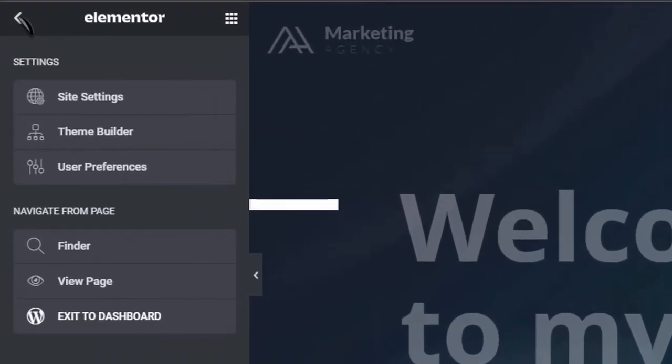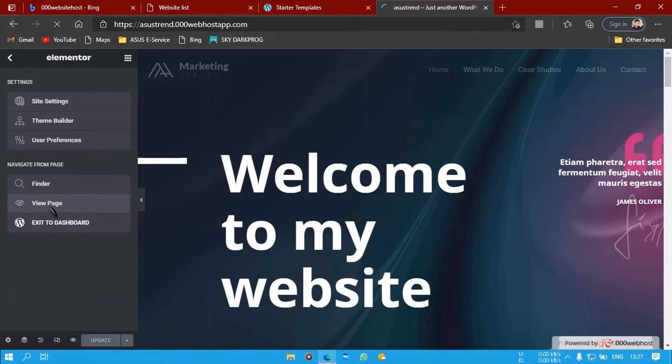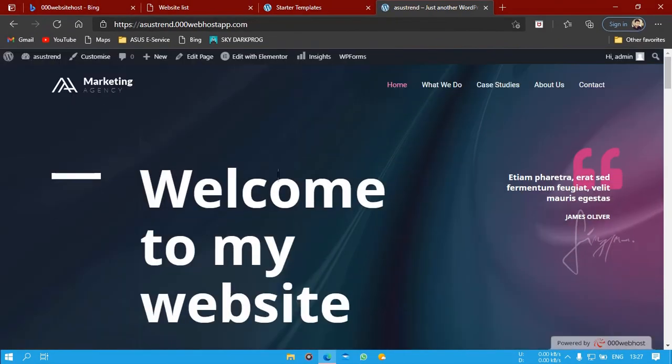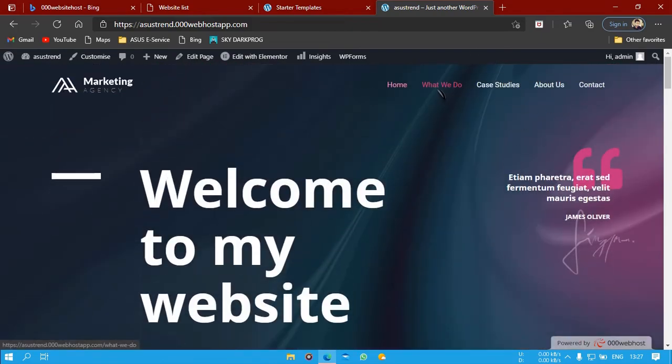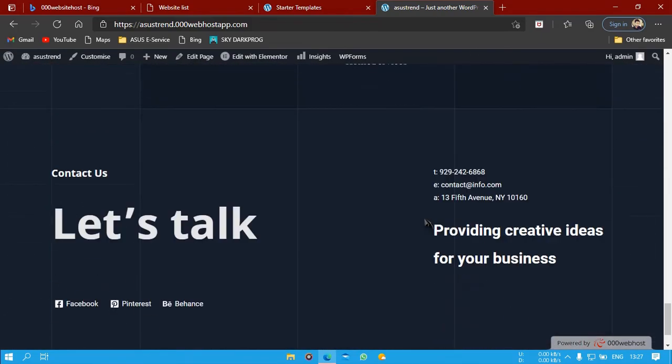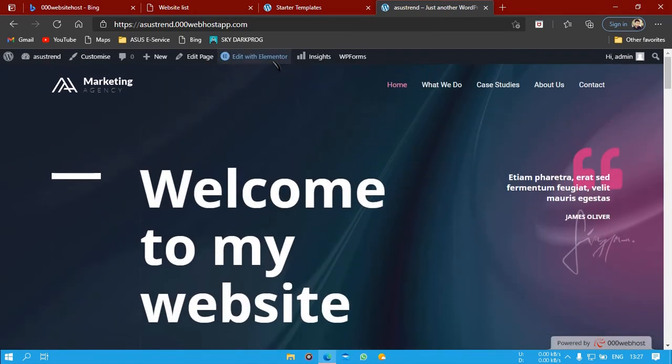Go to this, view page option, select the view page option, and you can see now the title we have written is showing on the page, welcome to my website. So this way you can edit your whole content. So many things you can edit there. So select and customize your website using this Elementor mode.